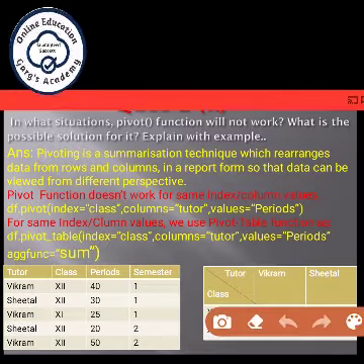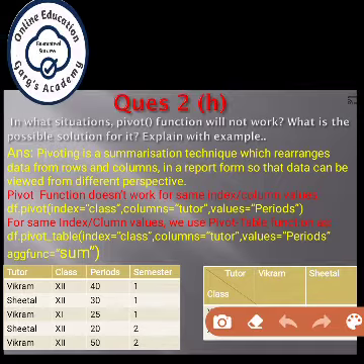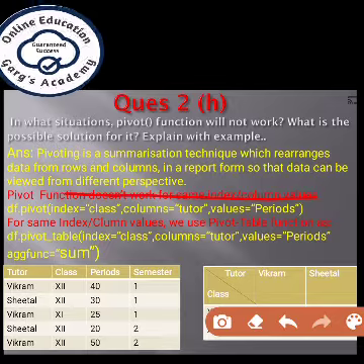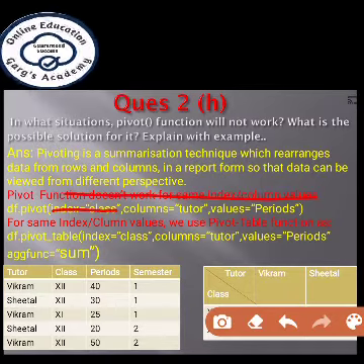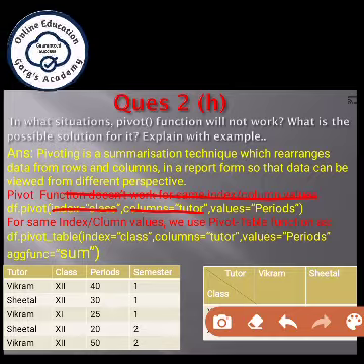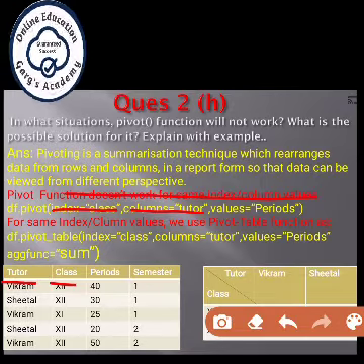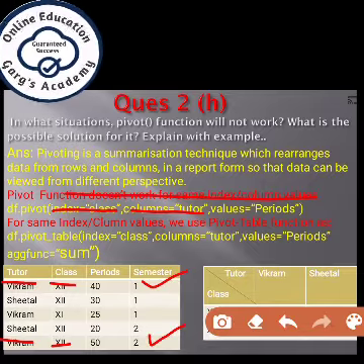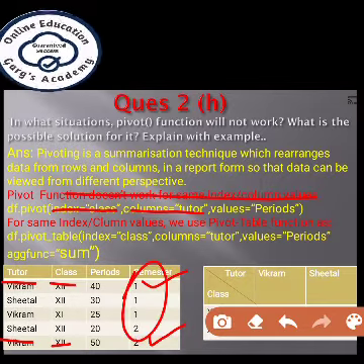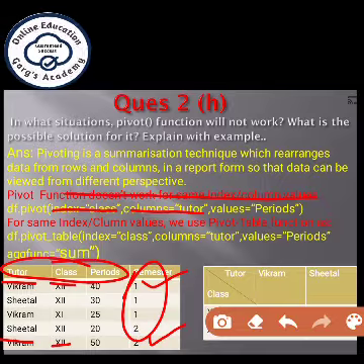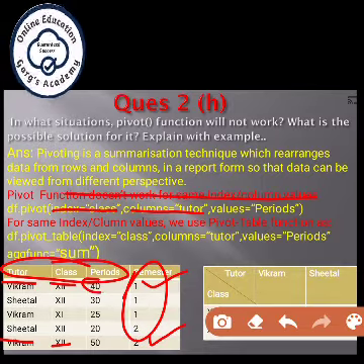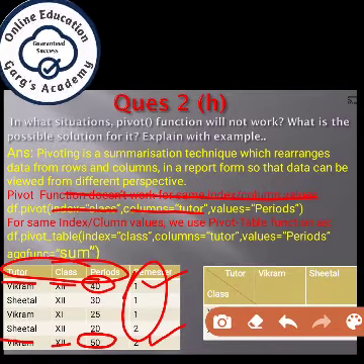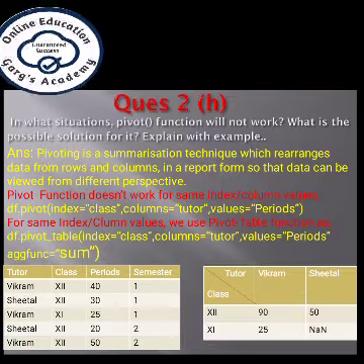Here pivot function will not work. Why will it not work? Let's see. It will not work for the same index column values. What it wants to say, if we have written index equal to classes and columns equal to tutor, means if Mr. Vikram class is plus 2 and again Mr. Vikram class is plus 2, although it is in semester 1 and 2, but we are not concerning the semester column. We are concerning only these 3 columns. So for same index column value there will be a problem. Why a problem? Because which value should be written, either 40 or 50, is not clear. So it will not work in this situation.